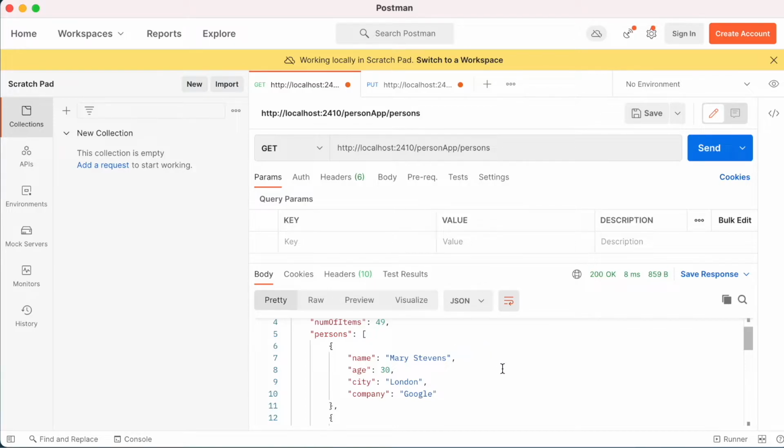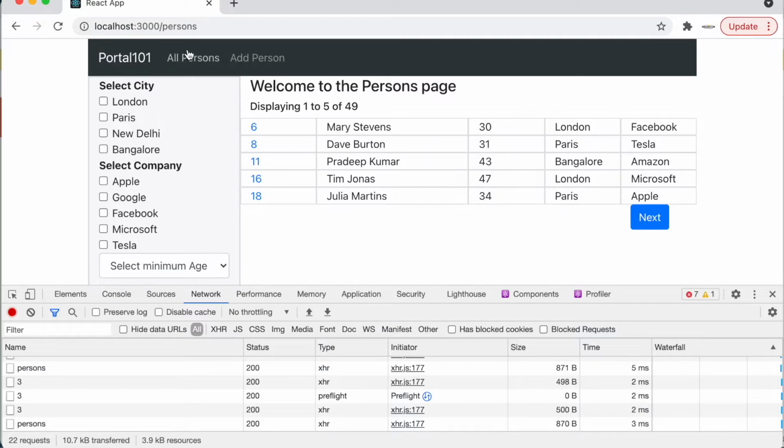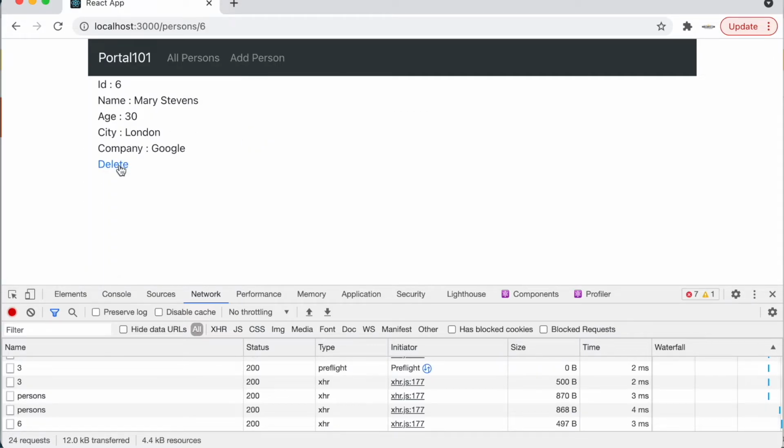Next, what do we want to do here? Let's implement the same. So if we test it now, we can see that Mary Stevens has changed. So now when we click on it with a delete, we also wanted edit and we will use the form, the component we had created with add person.